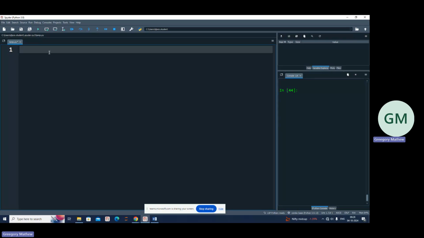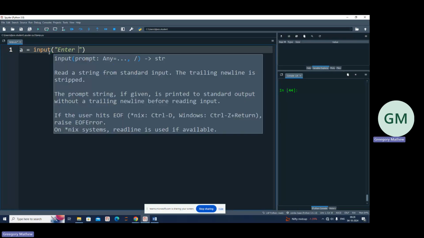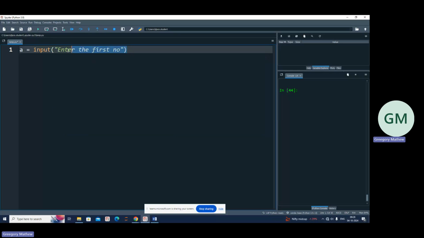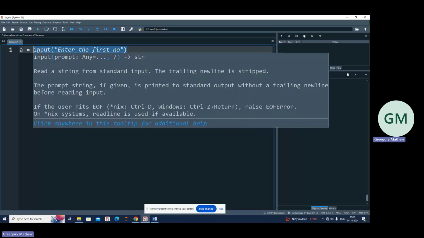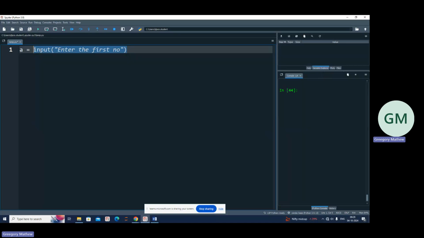By the traditional approach, you would create a variable A, and then ask the user to enter the first number through the input statement. Because this is going to be an integer or a decimal, assuming that the user is just going to enter integers, I will convert whatever is coming from the keyboard into an integer by putting it in int. So I will now need to create a variable B for the second,